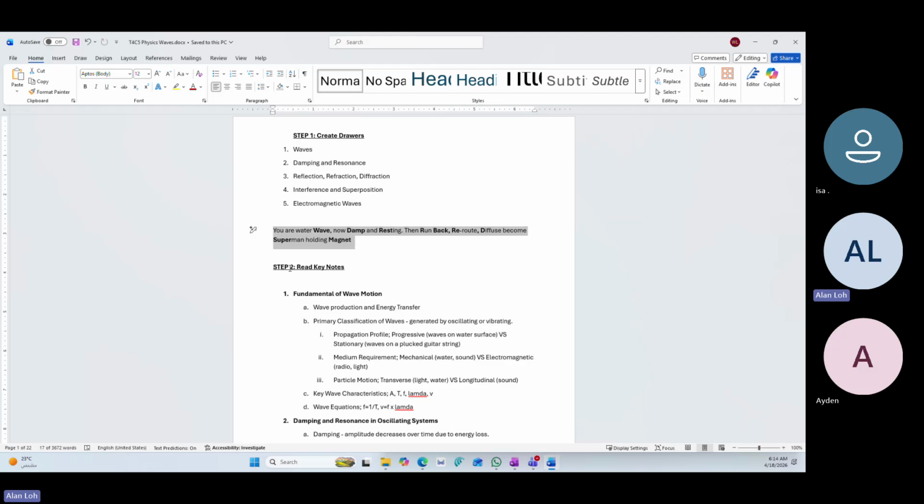Imagine you are the water wave, and now you are damping and resting, right? Then the wave, as you run back, reroute, and diffuse, become Superman that is holding a magnet, right? How do you remember this? Don't just read it. When you're reading this, imagine, put some pictures, put some animations in your mind,